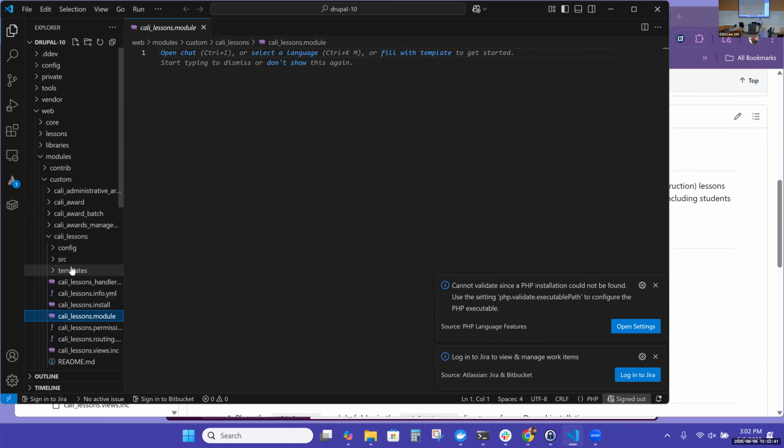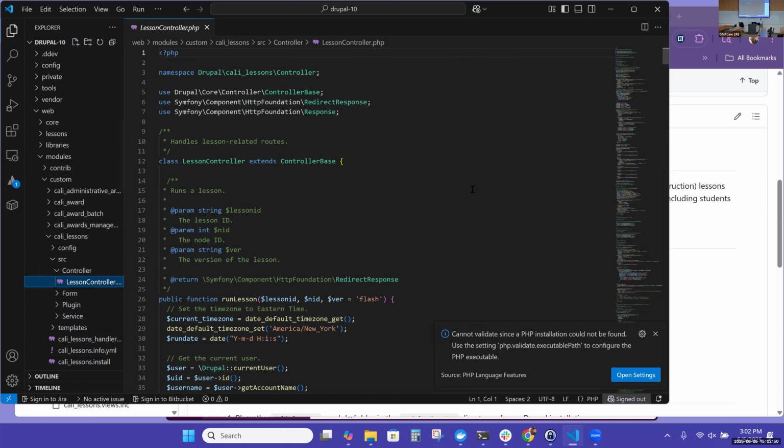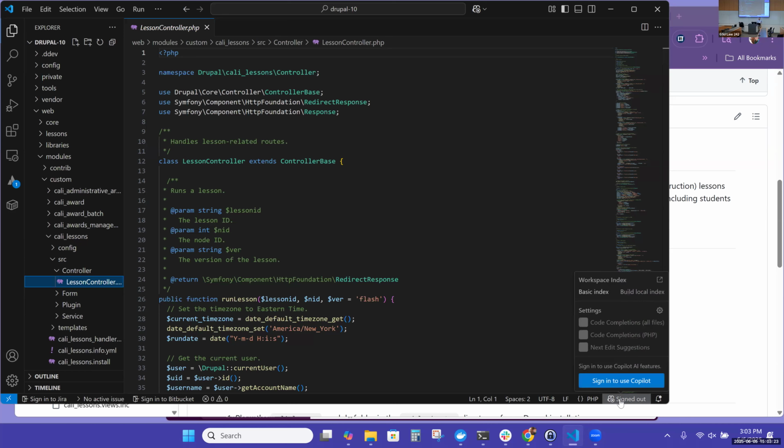Oh, actually, we won't pick the lessons module because that's empty. So one of the things that happens is that Drupal shifted from being just a straight kind of PHP thing to more object-oriented programming, which is fine. But that's a learning curve. So one of the things I did was I had to start on some of this stuff. And I had an idea of what the rough layouts were. But what I didn't have was